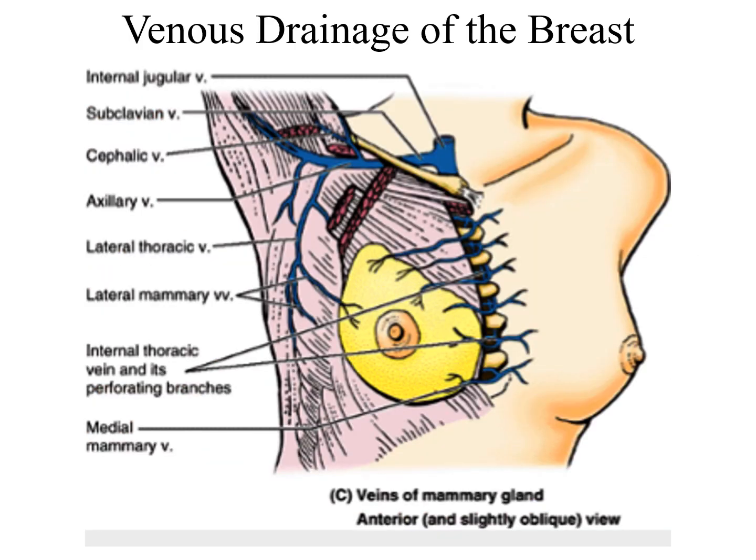In the same way, for the venous drainage, the medial side is drained mainly by the tributaries from the internal thoracic vein and its perforating branches. So many small tributaries enter into the internal thoracic vein on the medial side, while on the lateral side, the lateral thoracic vein, lateral mammillary vein, as well as some medial mammillary veins ultimately drain their blood into the subclavian vein. So blood from the breast is ultimately draining into the subclavian as well as the axillary vein, mainly the axillary vein.